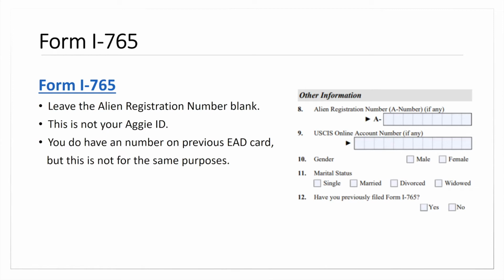Generally, they're asking about your travel, your passport information, your port of entry information, and any legal names and other material that you use. On here, USCIS online account number. You're not required to create a USCIS online account. Some students do when they have a problem or they need to do an address update. So this is also not required at the time that you're submitting your I-765 application for OPT or a STEM extension.